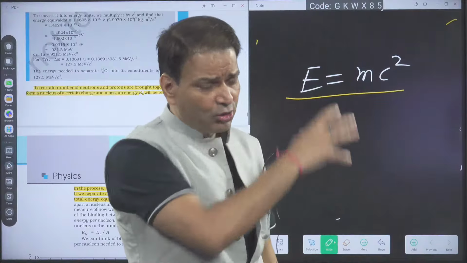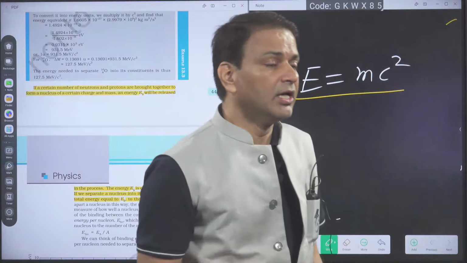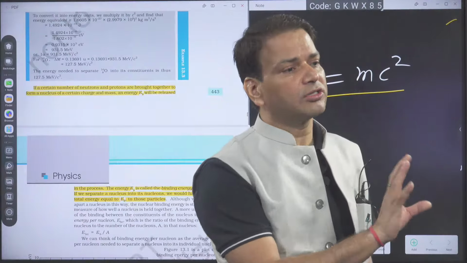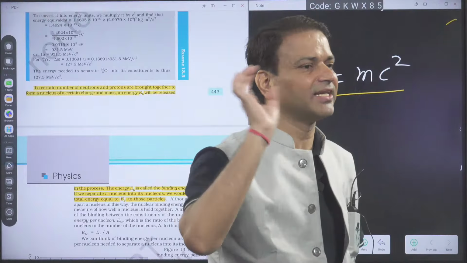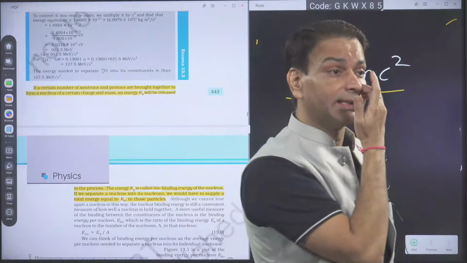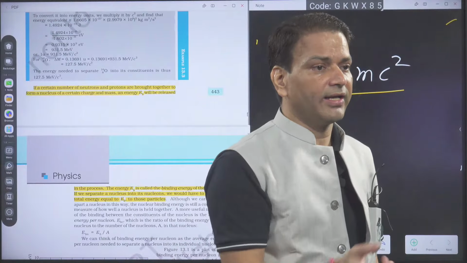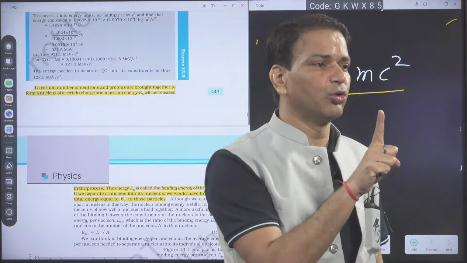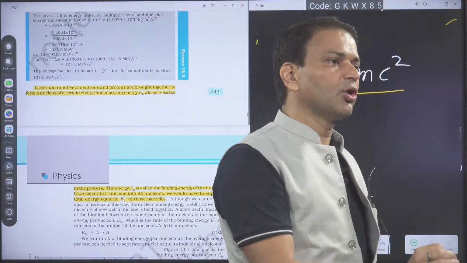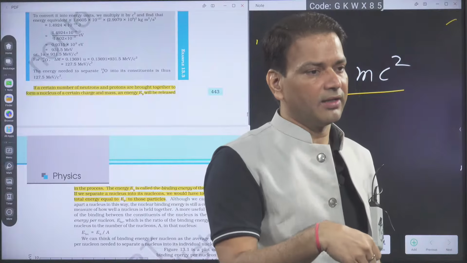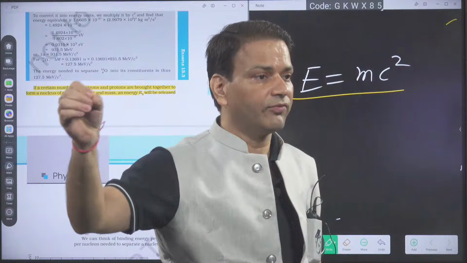But in the whole nuclei chapter, we will deal with energy in eV and MeV. So you have to remember, if the mass loss is known in kg or gram, then we will multiply by c square to get the energy. c square is 9 into 10 to the power 16. But if the mass loss is known in AMU or u, just remember that 1 AMU is equal to 931.5 MeV. So when you know the mass loss in AMU, we will multiply with 931.5 MeV to get the energy.